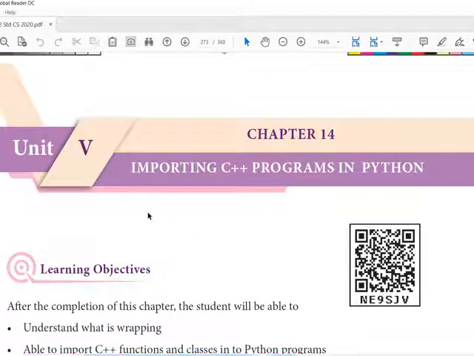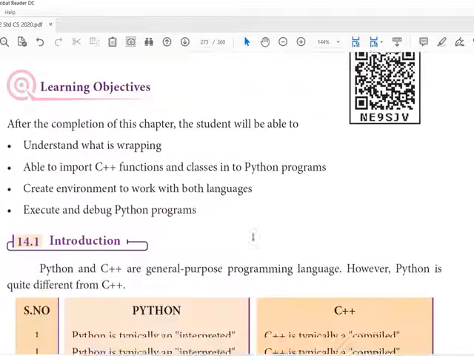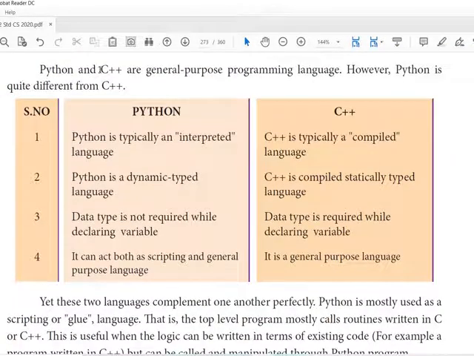This is the 14th chapter in your book, Importing C++ Programs in Python. That means we are learning Python in 12th standard. Now we are going to import the C++ program in Python. How to do this? Before that, we are going to learn